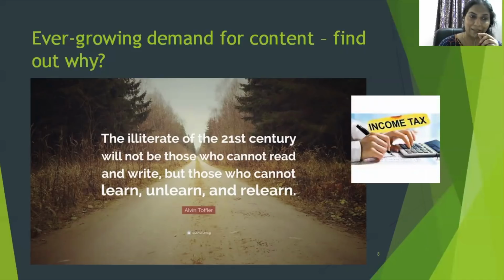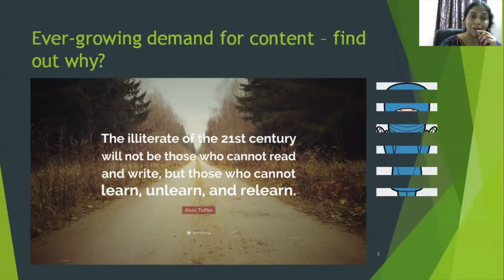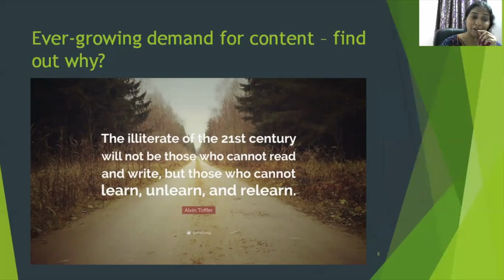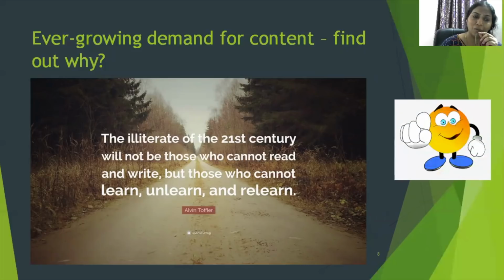Imagine the tax consultant who continuously learns to adapt to the changing rules of taxation and moves from one regime to another, sometimes overnight. Think of the doctors who continuously learn a new procedure of surgery and treatment every second year. Think of the millennial generation who have quickly learned to continuously learn new skills. Why go anywhere else? Think about yourselves.